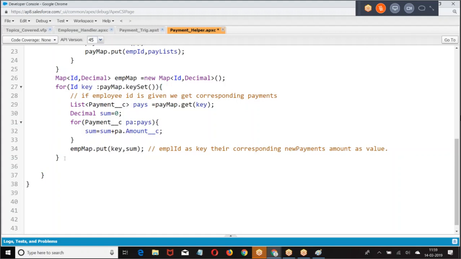Finally, once you got the payment, go to parent and update it. List of employee.